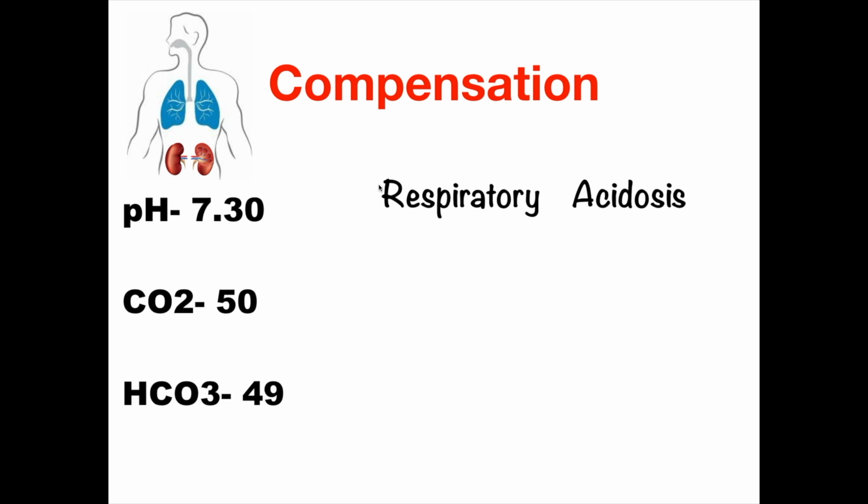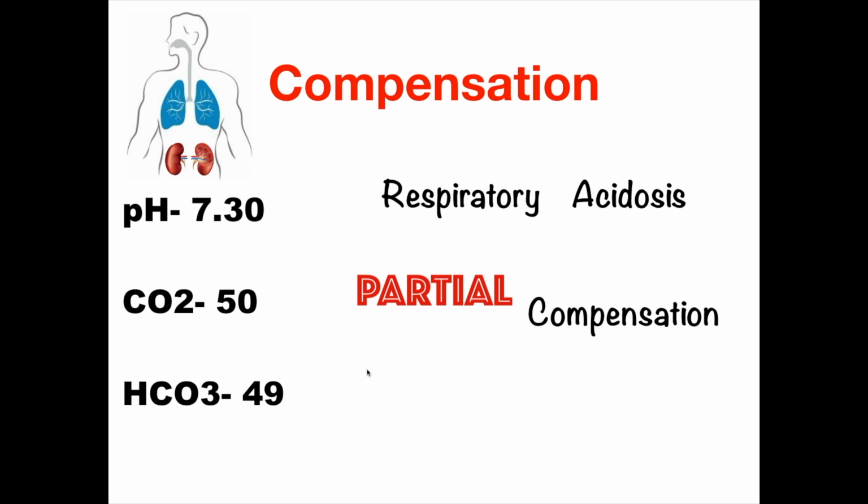Because we have a respiratory problem, our next step is to look at our bicarb, and it's 49. This simply means that the body detected that there is a respiratory acidosis and it tries to compensate by increasing the amount of base in our system. So we know that there is compensation. Now, question: is this a full compensation or a partial compensation? To answer that question, all we have to do is look at our pH. Looking at this, our compensation was not enough to bring pH back to normal. So this is only a partial compensation. Remember, partial compensation equals abnormal pH because the compensation is not enough to bring the pH back to normal.